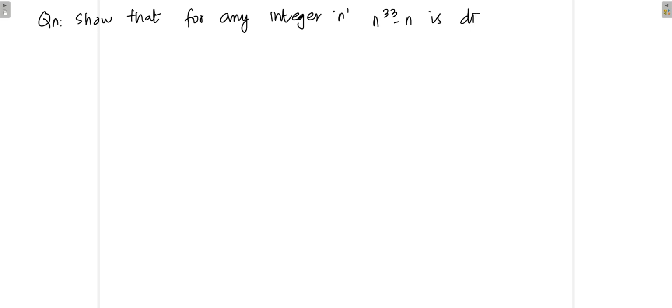Next question is, show that for any integer n raised to 33 minus n is divisible by 15. Okay, here also നമുക്ക് Fermat's theorem യൂസ് ചെയ്യണം. പ്രീവിയസ് ചെയ്ത അതേ പ്രോബ്ലം പോലെ തന്നെയാണ്, പക്ഷേ 15 ഇവിടെ ഒരു പ്രൈം നമ്പർ അല്ല. സോ സൊല്യൂഷൻ ഈസ് ഹിയർ